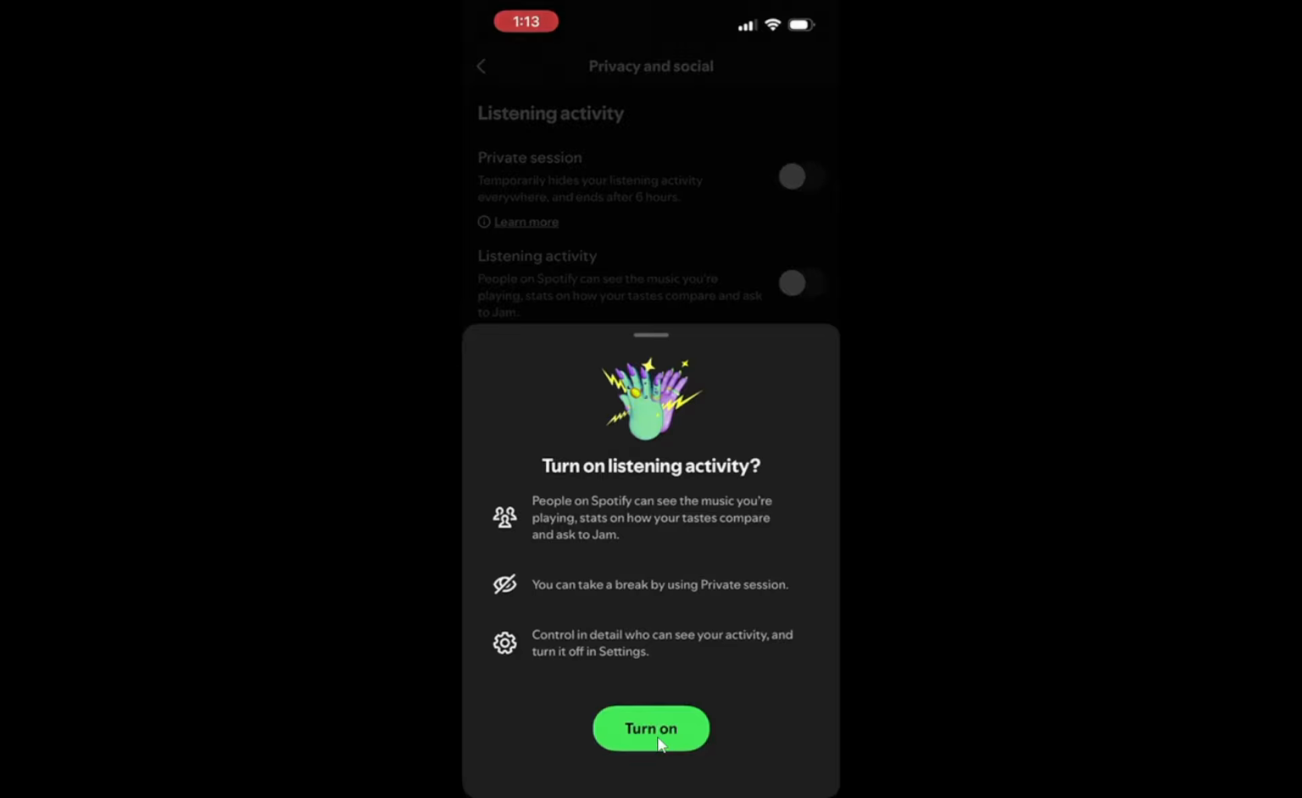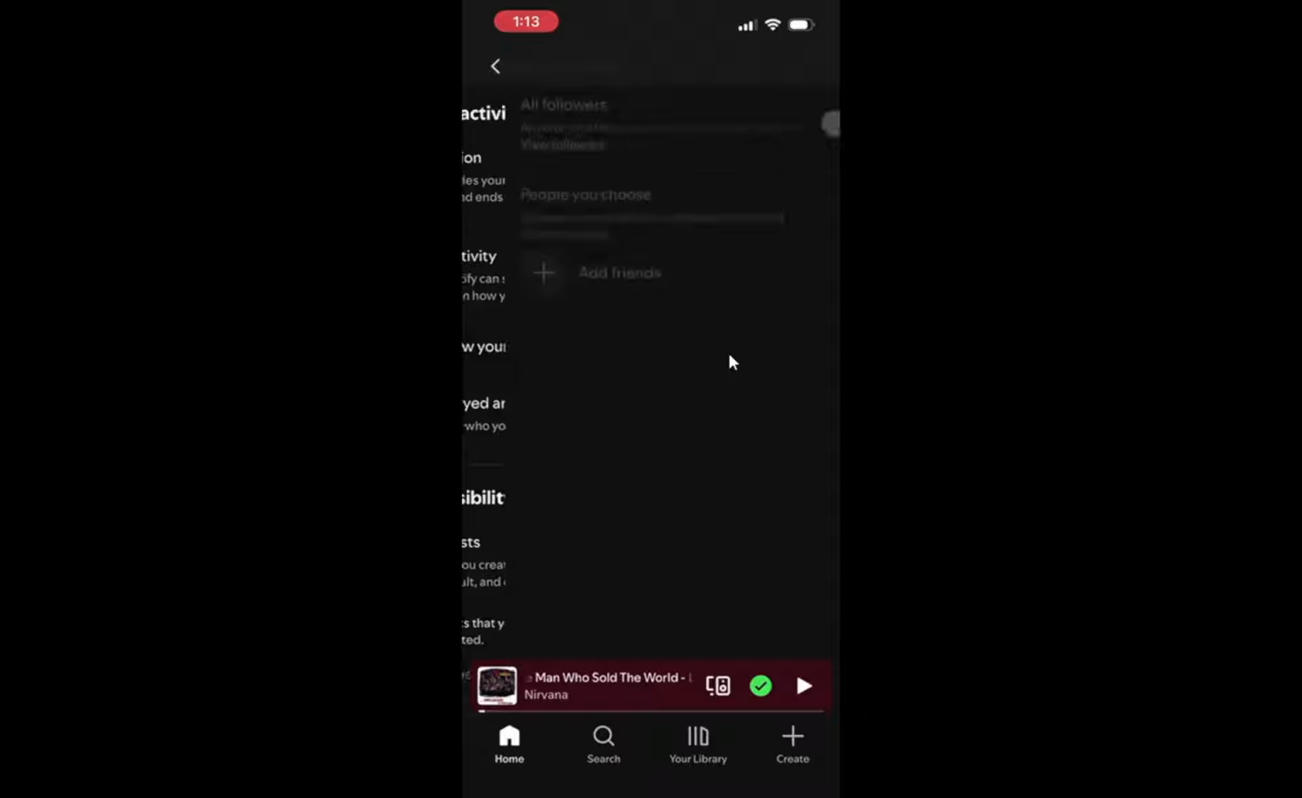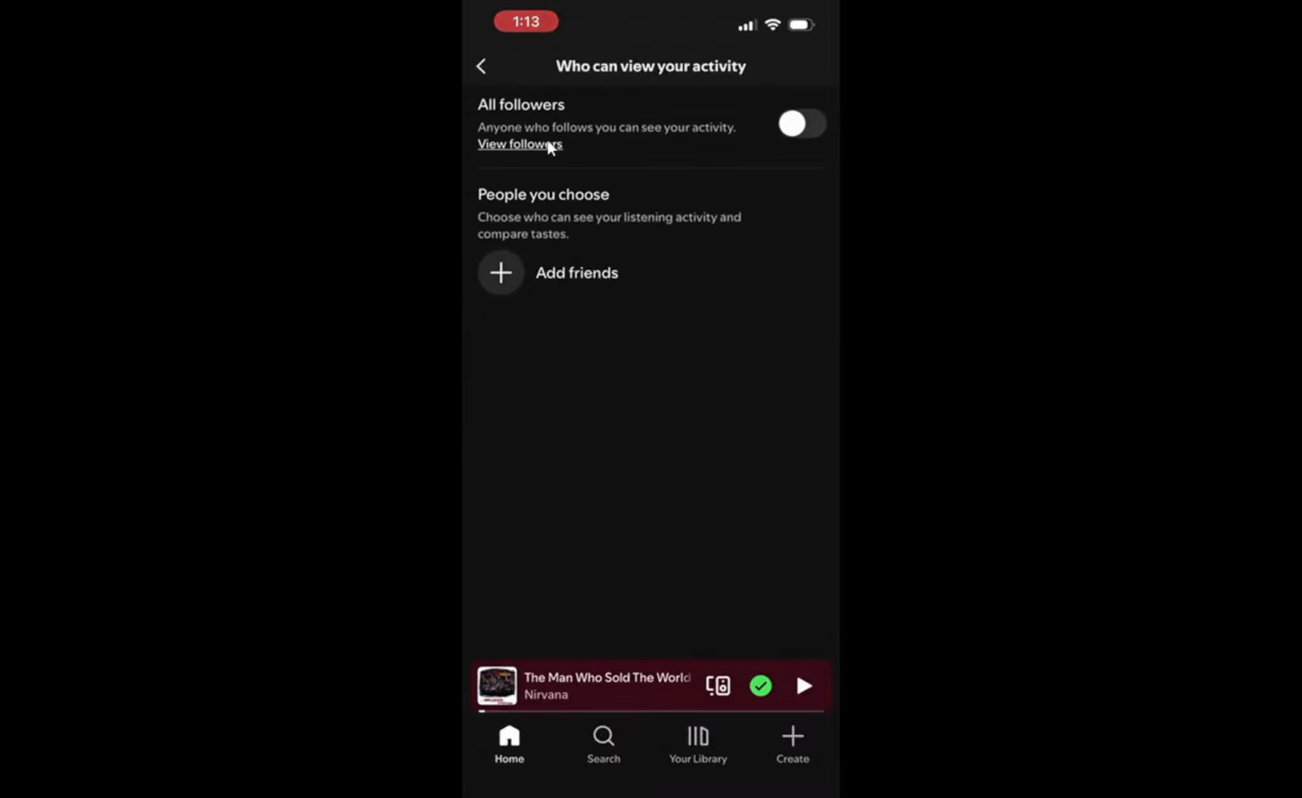Finally, you can also choose Who Can See Your Activity to control who can see what you are playing. Tap this option and pick the visibility level that matches your comfort, such as allowing all followers or limiting it more tightly. When you confirm, that setting updates right away, so only the people you select can view what you listen to going forward. You have just learned how to share a single song and how to let friends see